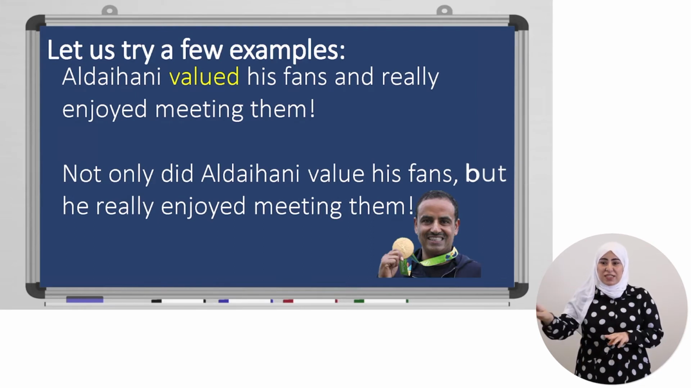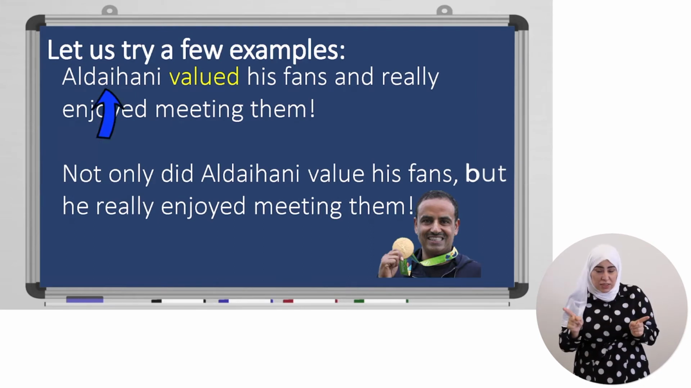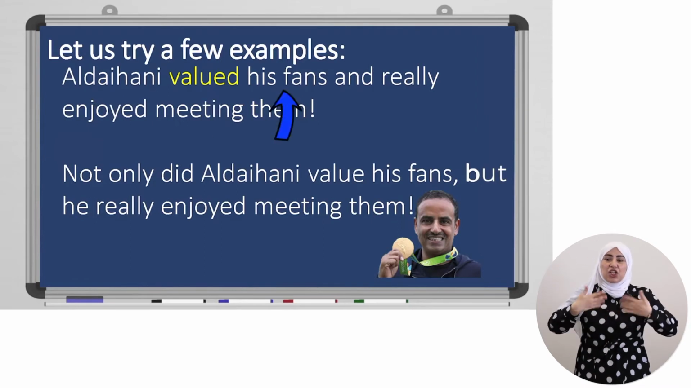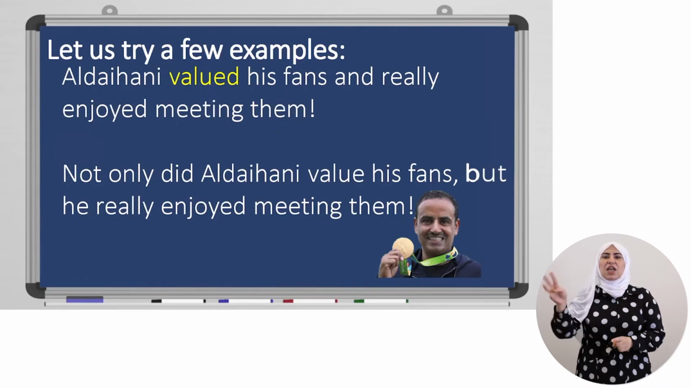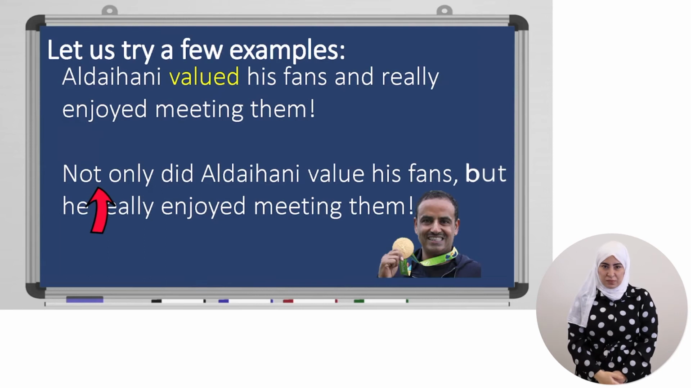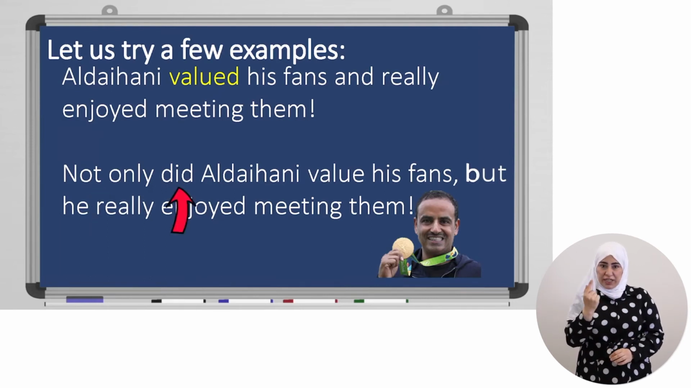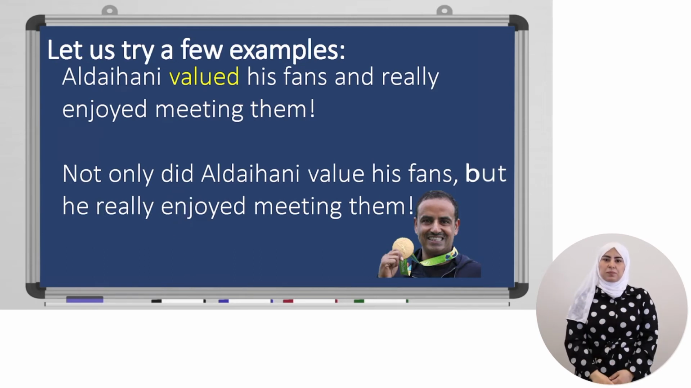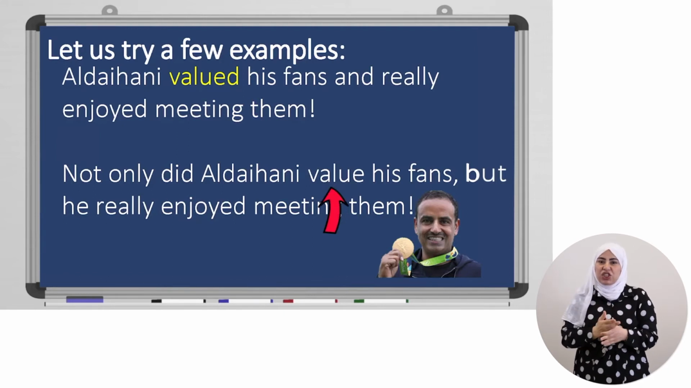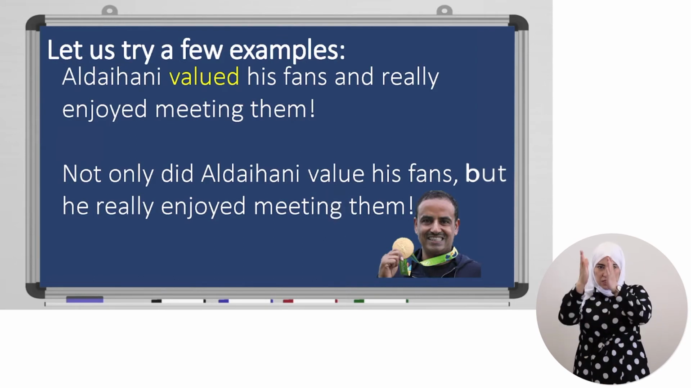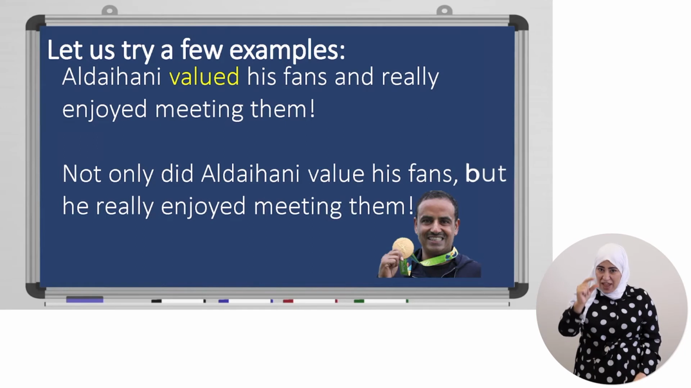Dehani valued his fans. Dehani is the subject, valued is the verb, and the object is his fans. Now we're going to use not only, which is the adverb. Not only did, because there is no helping or auxiliary verb in the sentence. Not only did Dehani value. Notice that we removed the past tense of the main verb in the sentence. Not only did Dehani value his fans, but he really enjoyed